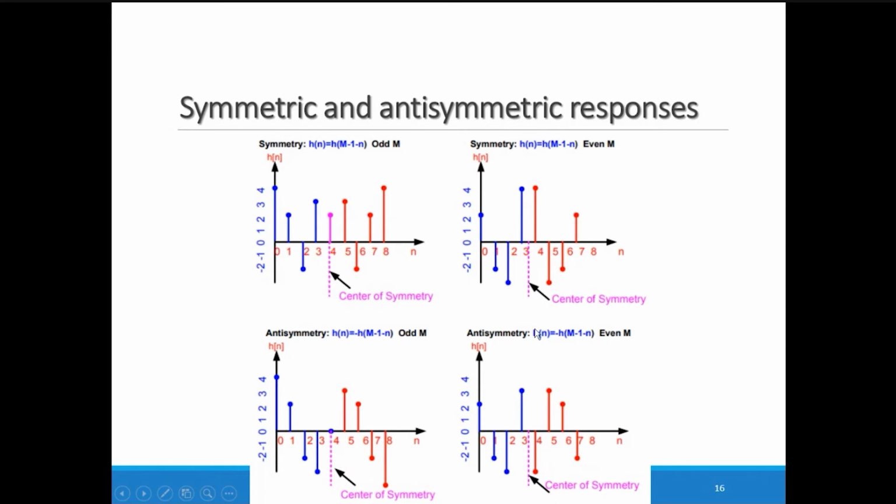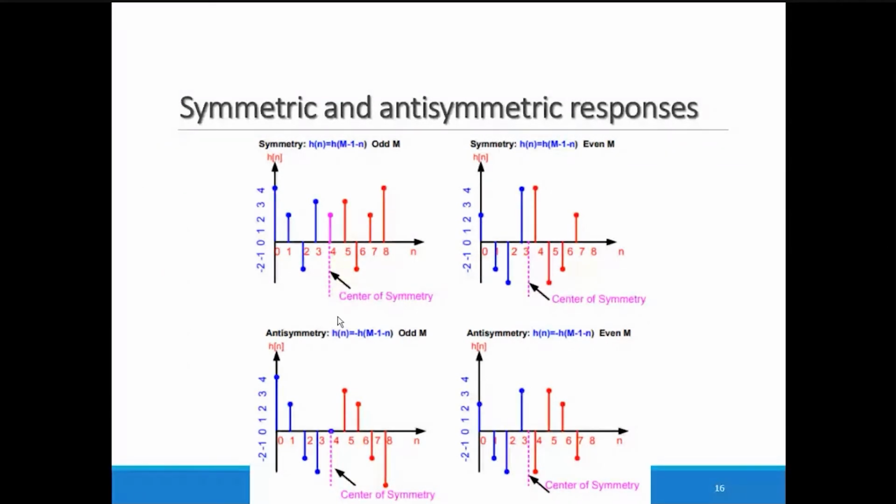If odd symmetry, say you are taking a total of 9 samples, then 4 samples are on one side and 4 samples on the other side, and you get the line of symmetry exactly. For an odd value, for example 9, there are 4 samples on one side, 4 on the other side, and the origin, the middle sample, will clearly show you the line of symmetry.